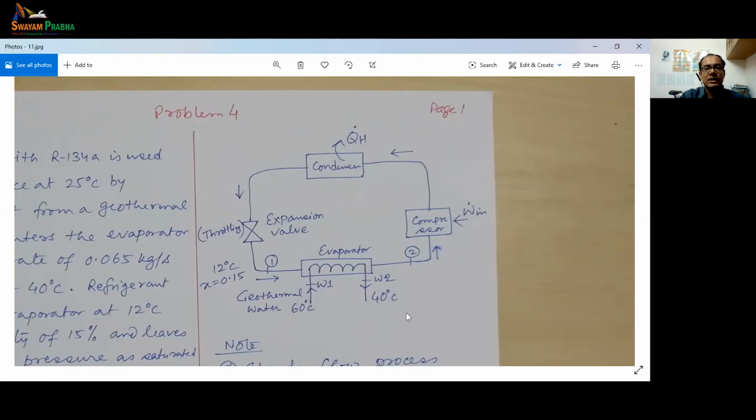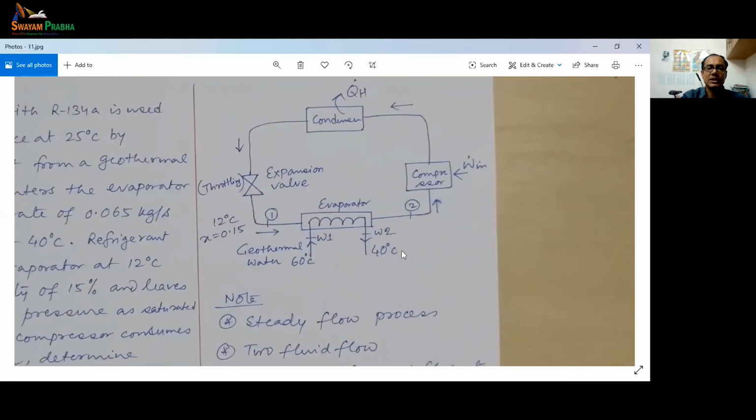Okay, so this is the evaporator from which the heat is sucked in, and the refrigerant is going through the compressor where the pressure is increased, and in the condenser the heat is rejected to the environment at a rate of Q dot H. Then that high pressure refrigerant moves through the expansion valve, or the throttling process, where the pressure comes down to the evaporator level, and this cycle goes on.